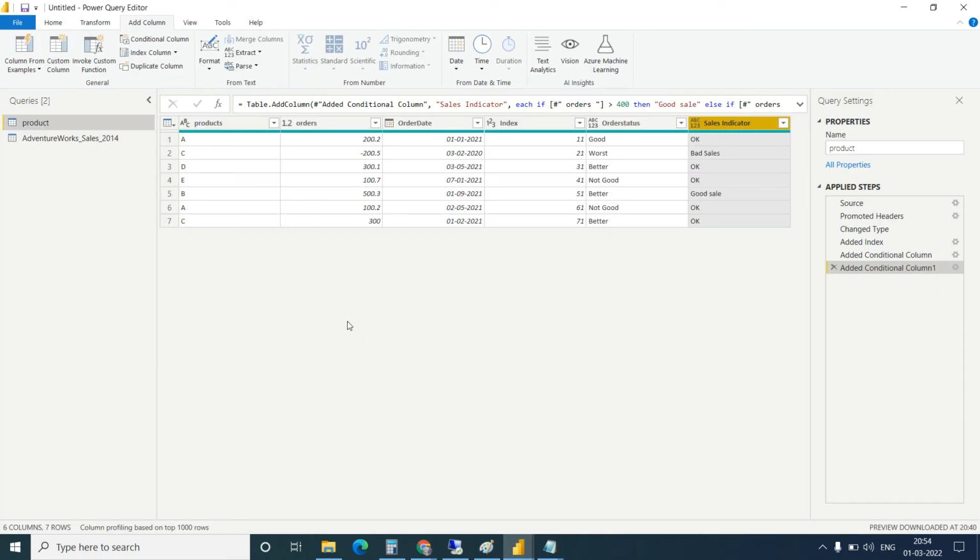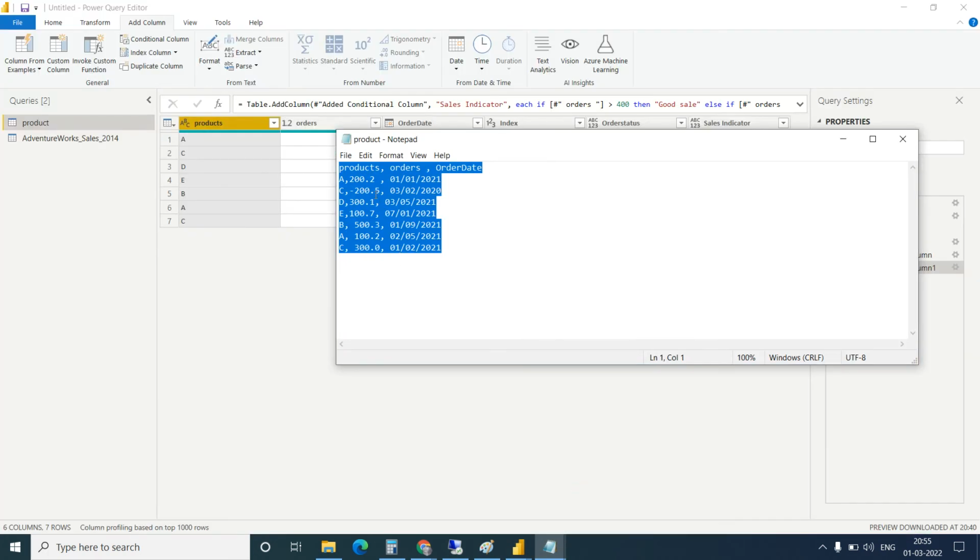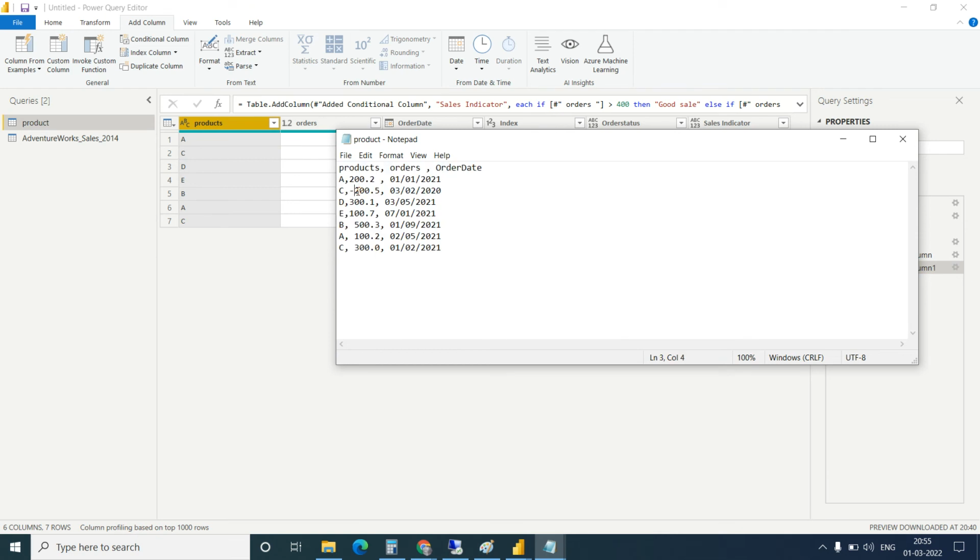Let's say we have now product, and A is repeating here, and C, B, E, D. C is also repeating, two times. There are the orders, so I just want to replace the minus 200 with the normal 200.